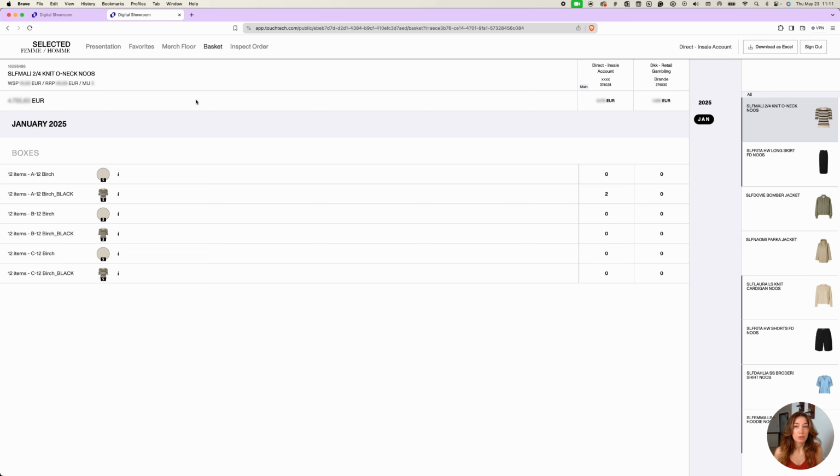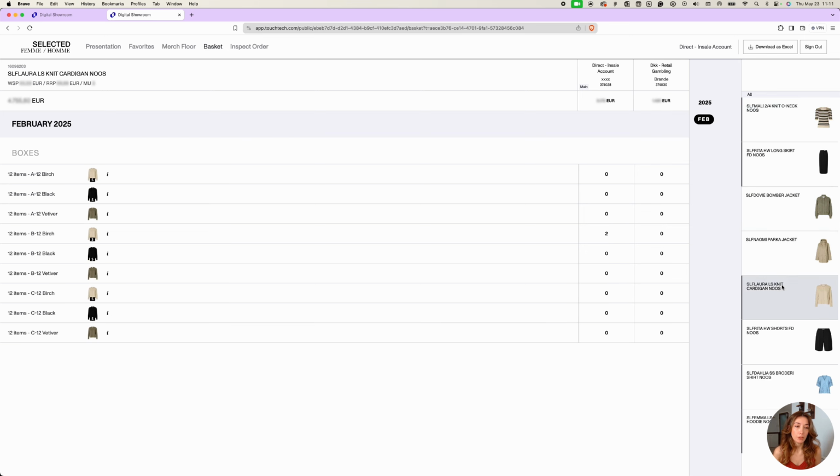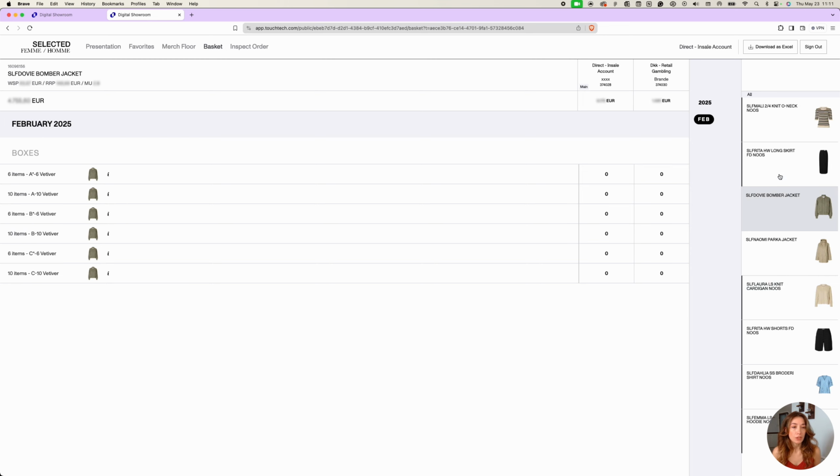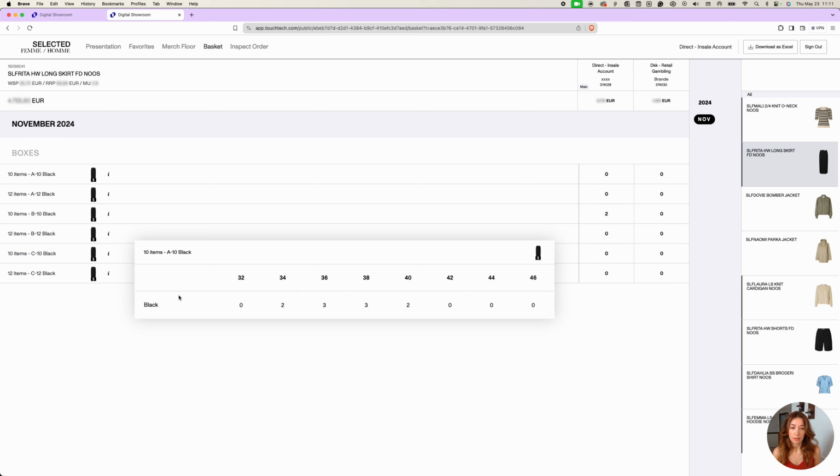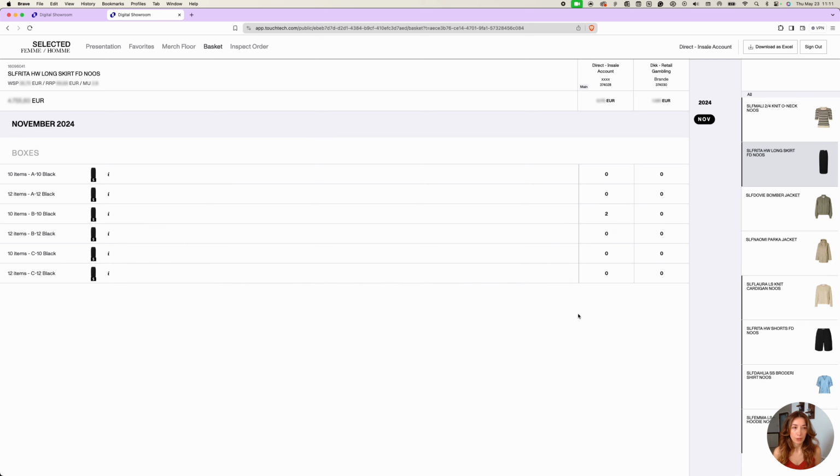The basket page looks quite similar to the DSR, as you might notice. We have some product information, total of the basket, total per stores, and on the right side we have this product listing. And your customer can switch between products, see how the quantity is displayed and distributed. They cannot change the quantities, but if it's a box, they can see the items inside the box. And again, quite similar to the favorites, if they want to see more information or if they want to use this data in other formats, they can